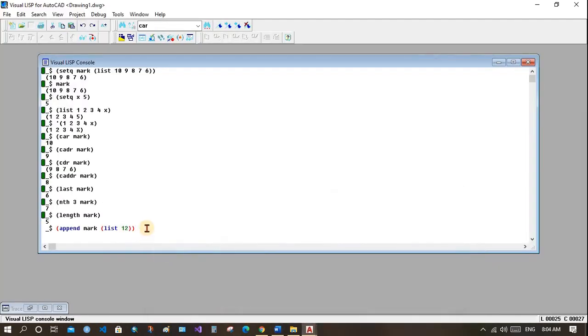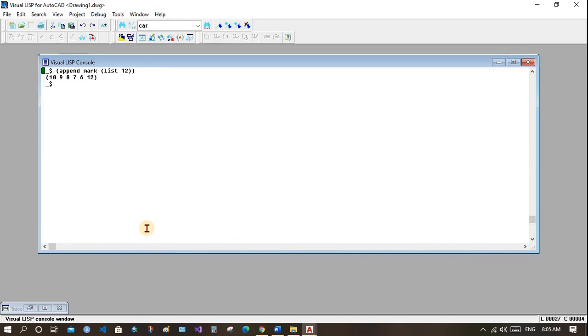Here we are only appending but not assigning. Then we got 12, but now when I enter mark, you wouldn't see 12 because we did not make changes to the original list.